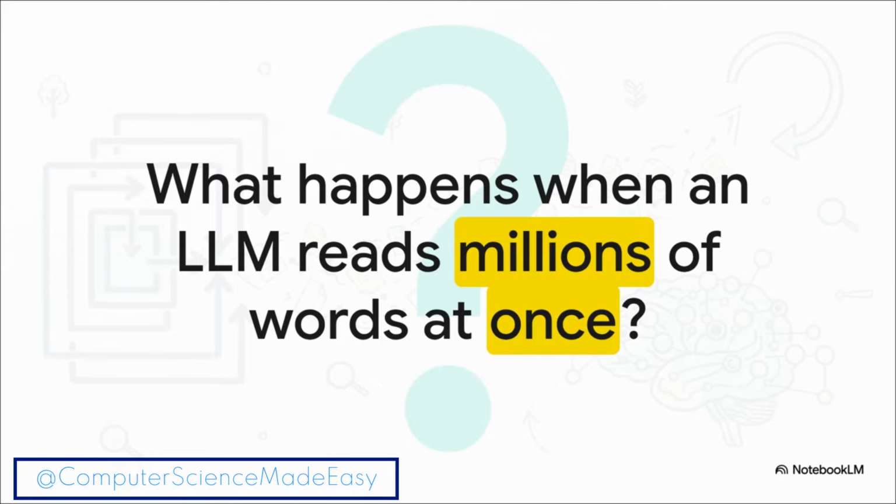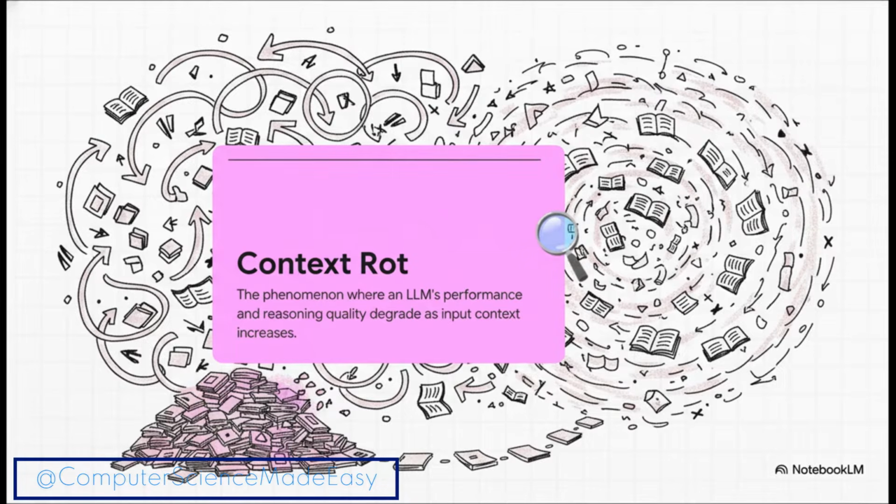What actually happens is as you start force-feeding millions, and I mean millions, of words into a model's context window, its ability to find the needle in the haystack, the crucial details, and to reason effectively, well, it starts to go downhill, fast. And this whole performance drop-off is a really well-documented thing called context rot. The best analogy I can think of is imagine trying to find one specific sentence in a giant library, but instead of using the card catalog, you have to read every single book from cover to cover. Eventually, you're just going to get completely lost in the noise. That's what's happening to the LLM.